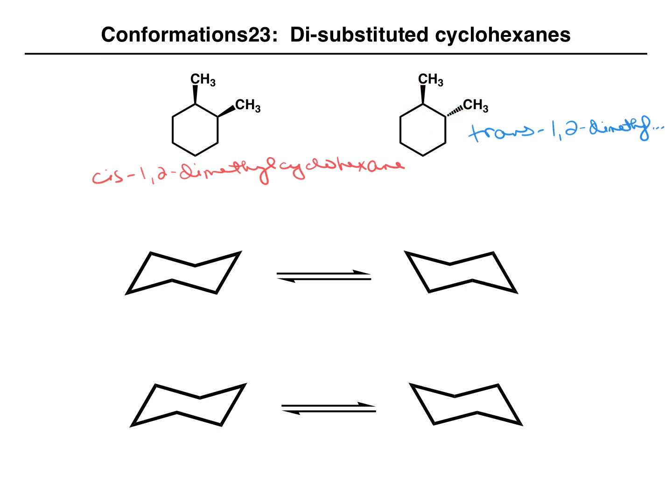So let's look first at cis-1,2-dimethyl cyclohexane. And we're going to draw this as a chair. So this is carbon 1, carbon 2. I could also go counterclockwise, but whichever way you number it, just make sure that your substituents are 1, 2 rather than 1, 6. I'm going to call this carbon 1 and this carbon 2. So here is my methyl group on the top face and my hydrogen on the bottom face. And then on carbon 2, my methyl group is on the top face, equatorial, and my hydrogen is on the